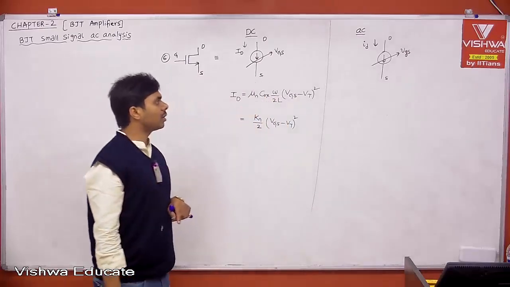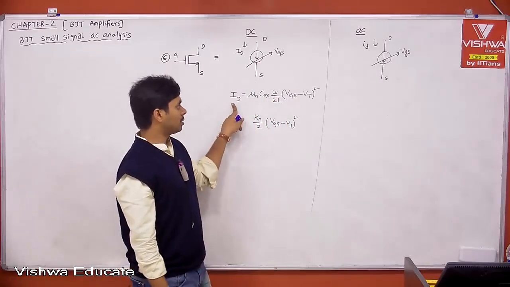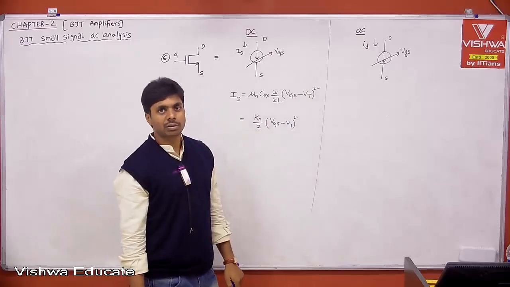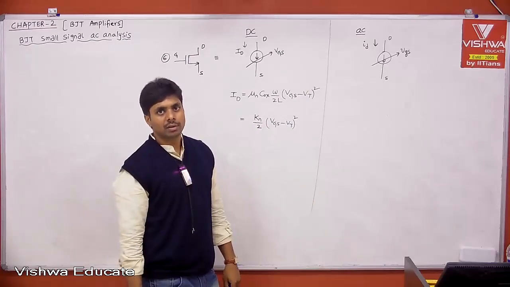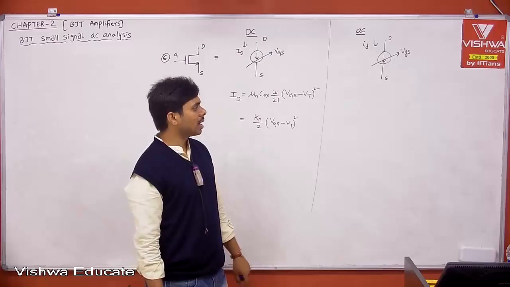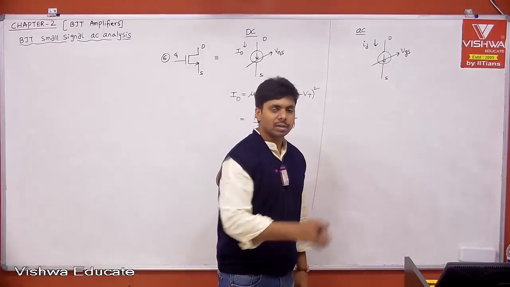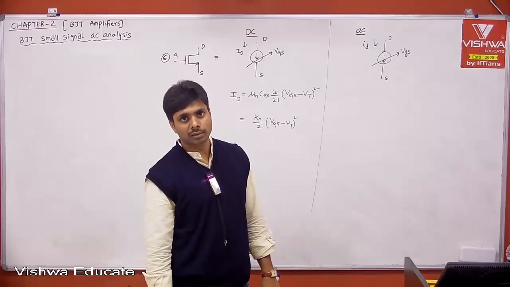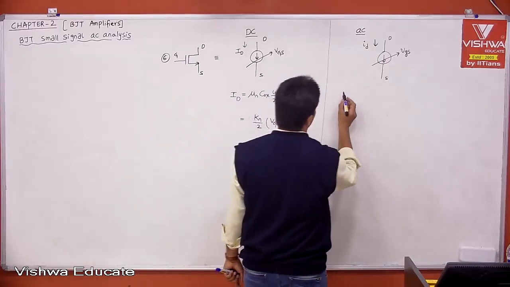Okay, let's see. How will you get it? Don't say small ID is equal to mu n Cox W into small VGS minus VT whole square. Can you write like that? No, we cannot write like that. Okay. For that we need to do the analysis. What is that analysis? I think the same thing we did in the case of PN junction diode, right? The same way we can do it, right? Maybe you can do